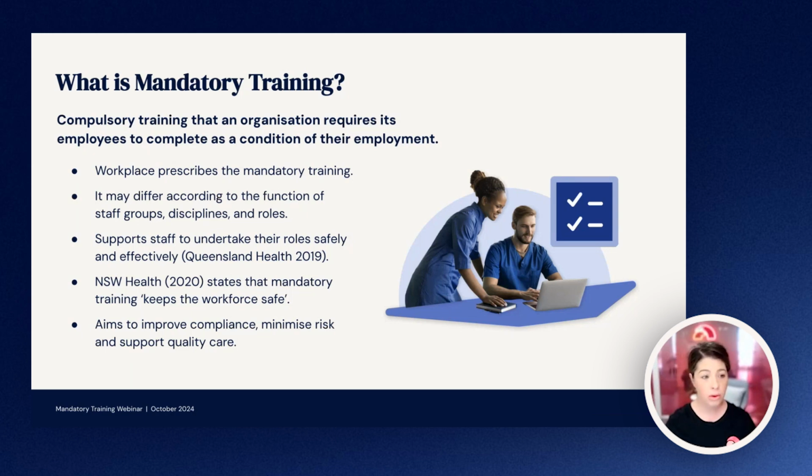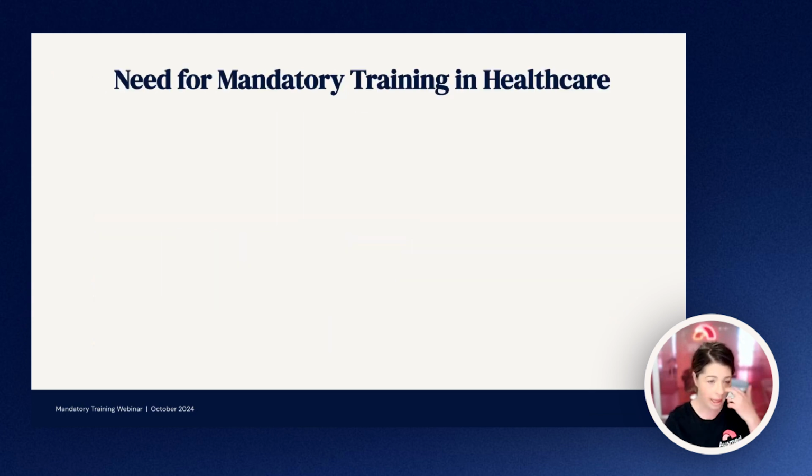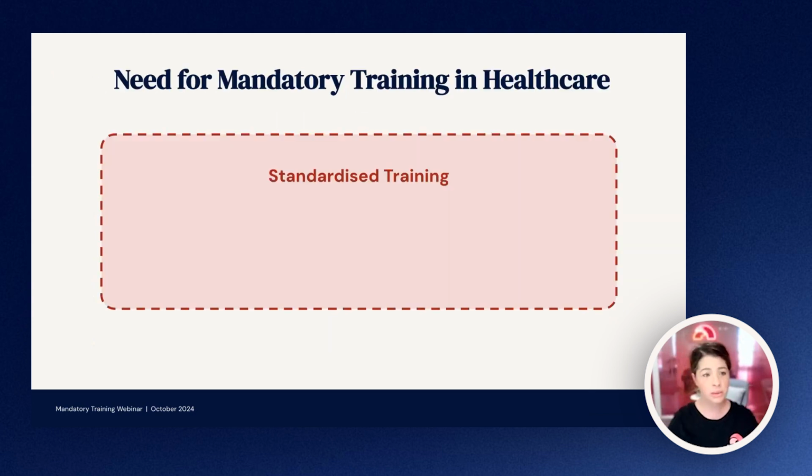But we're really looking to use mandatory training to support and improve compliance, minimise risk, and then support quality of care. So that's our general working definition. Why is it needed? Well, just want to rewind a little bit before we look at why mandatory training as such is needed,